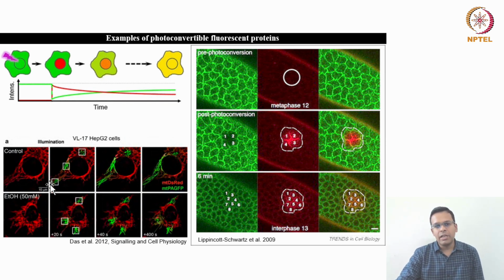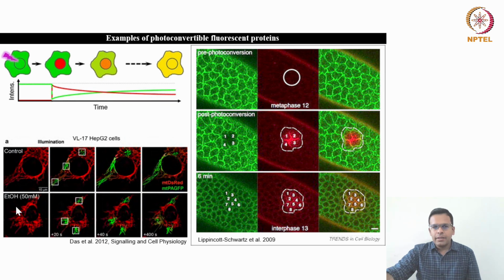So the blue light laser will illuminate only these three regions of interest. It will convert the protein from red to green, and then you will see whether this green protein remains in the same area or travels to other locations. And after some time you can see that this green protein, which you converted only in this area, has now diffused through all other areas in the cell. That indicates that these protein molecules are not actually stable, but they are dynamically exchanging with their surroundings.